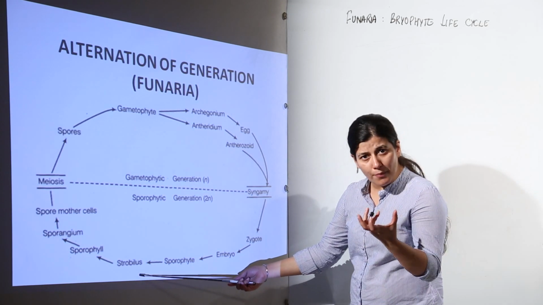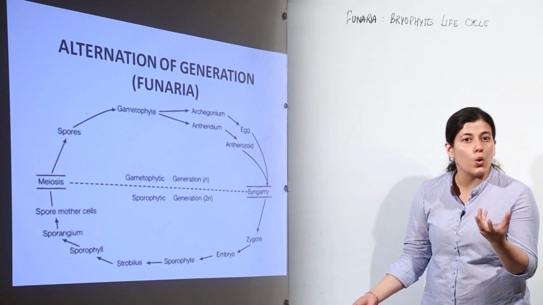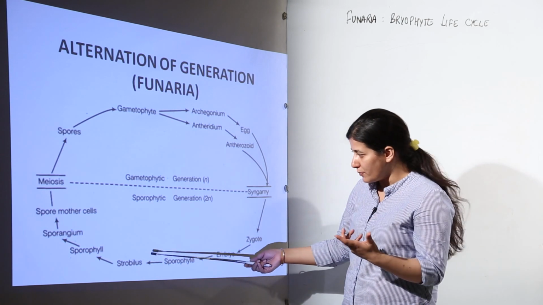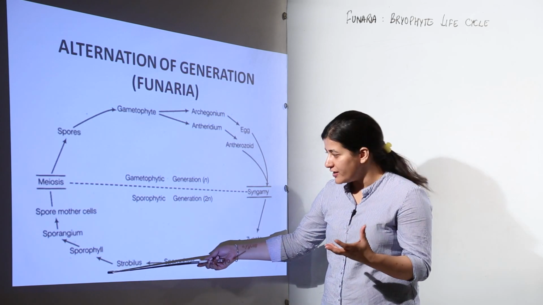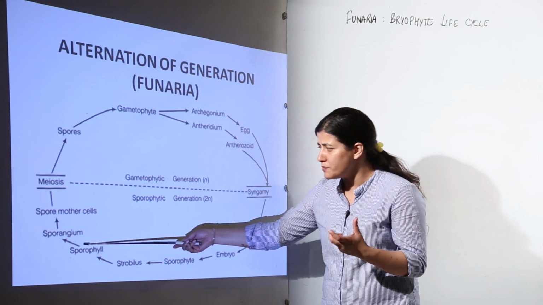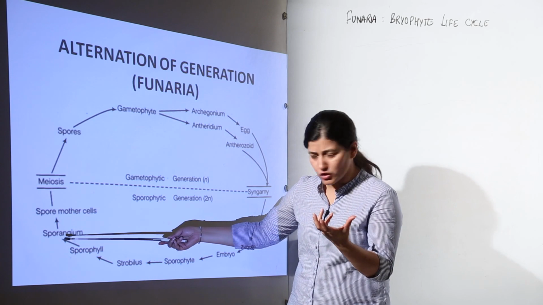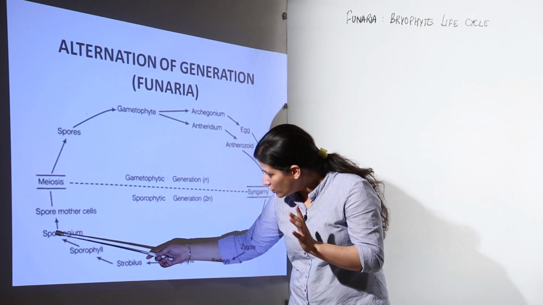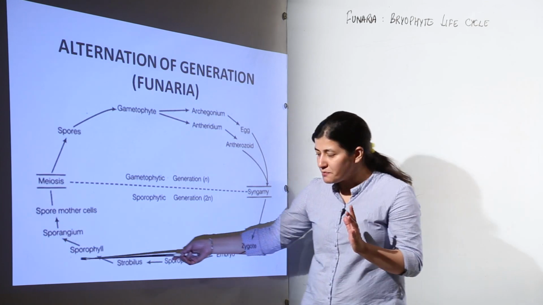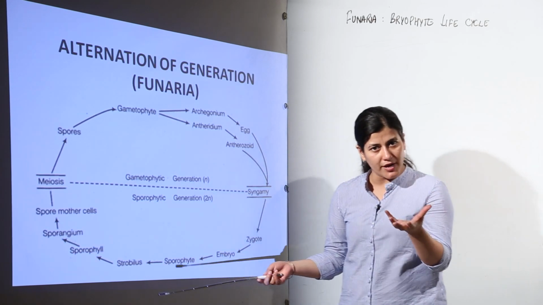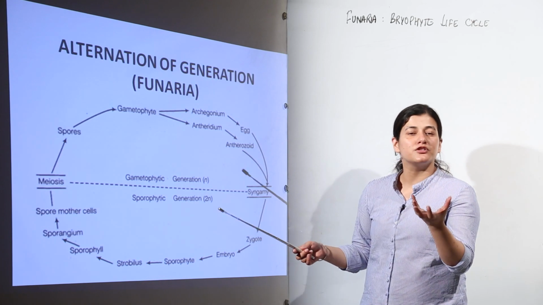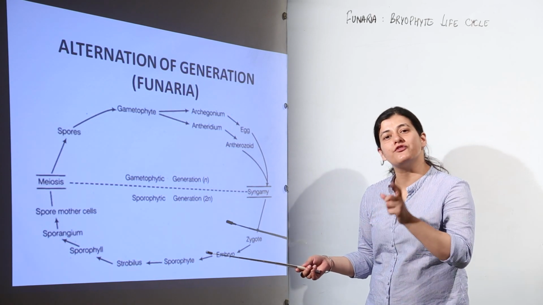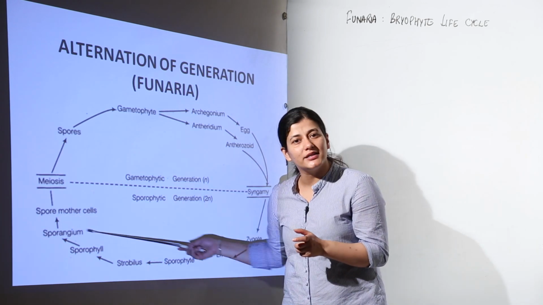It grows a strobilus. Strobilus is a precursor to the cones which we have in the pteridophytes. The strobilus is going to have sporophylls, and inside the sporophylls there would be a small sporangium. Then there would be spore mother cells, and they would undergo meiosis. You can skip this part and simply understand that there is a capsule present in the sporophyte that gives rise to the spores, and those spores are formed as a result of meiosis in the spore mother cells.